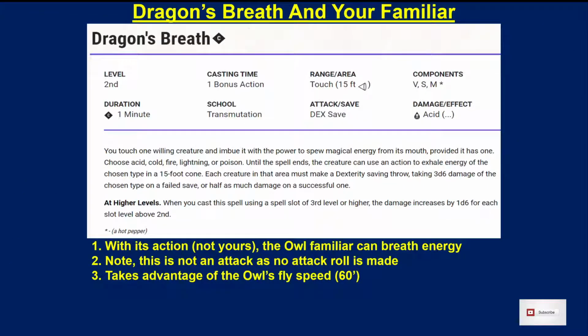Okay, so the second very effective way to use a familiar, and this doesn't necessarily go with the previous build, is with the spell Dragon's Breath. So Dragon's Breath comes from Xanathar's Guide to Everything, and you cast it as a bonus action. So if you have a character that has the ability to summon a familiar and also to cast this spell, it's an arcane spell, it's a second level spell, so it's a bonus action to cast it. You touch one willing creature, your familiar, you imbue it with the power to spew magical energy from its mouth. An owl has a mouth, and you choose acid, cold, fire, lightning, or poison until the spell ends. That creature can exhale that energy in a 15-foot cone,